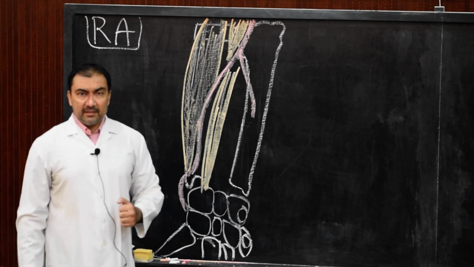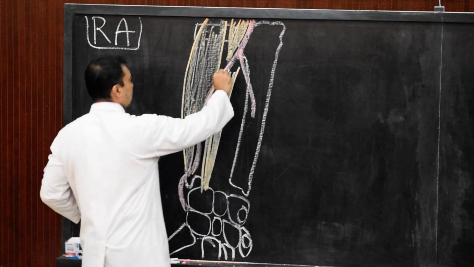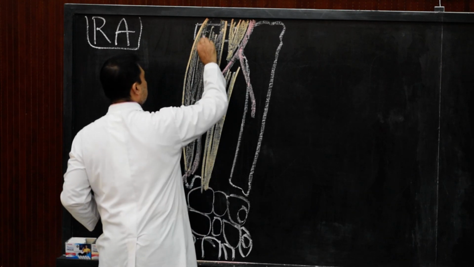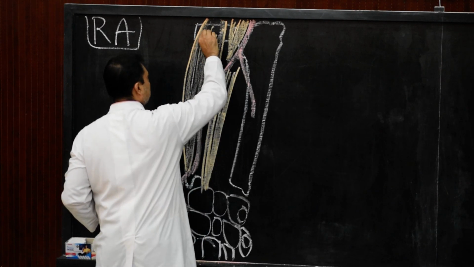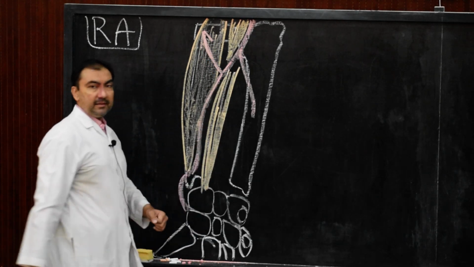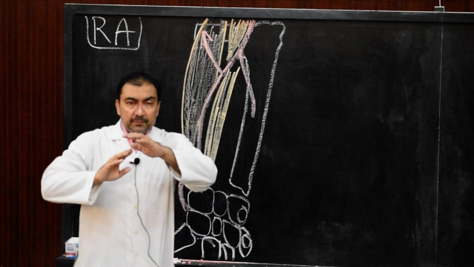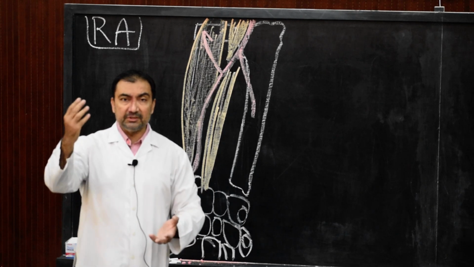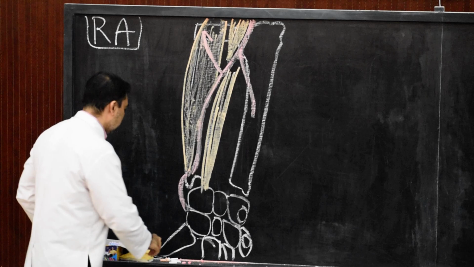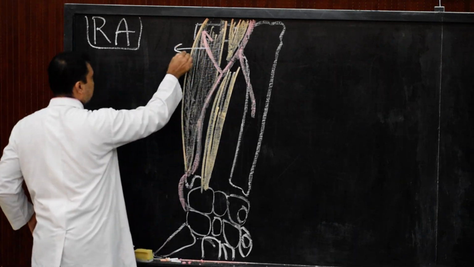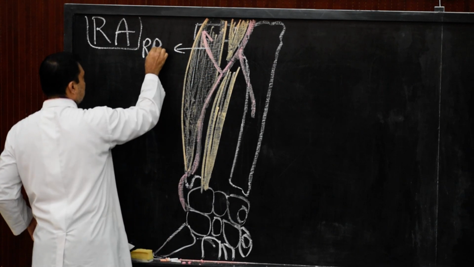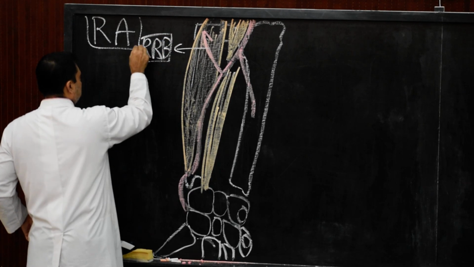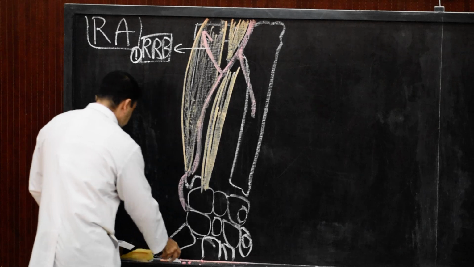First branch of the radial artery: from here it will give a radial recurrent branch. So please draw it. This will be the radial recurrent branch, so that it will pass in front of the lateral epicondyle of the humerus and take part in anastomosis of the elbow joint. Here we are going to name this as radial recurrent branch, number 1. This is the first branch.